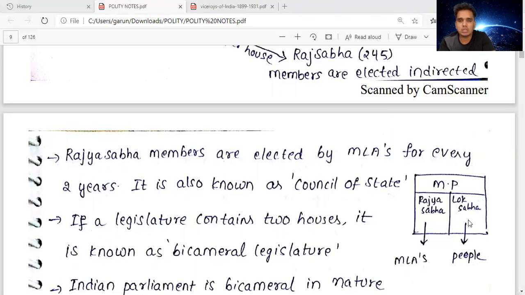The criteria has said that for 10 lakh people there must be one member of parliament. Okay, for 10 lakh people there must be one member of parliament. So Uttar Pradesh is having a population in crores. As you all know, it is approximately 23 crore. 23 crore population is of Uttar Pradesh. That's why